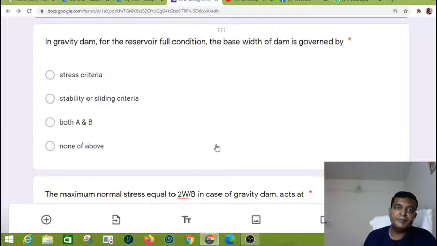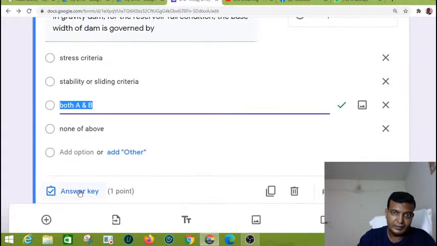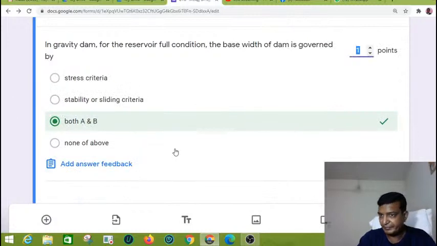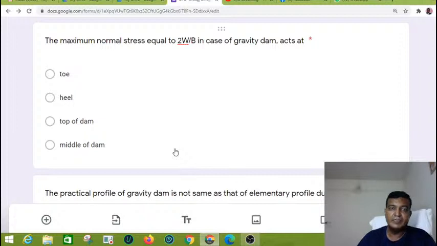In gravity dam, for the reservoir full condition, the basic width of the dam is governed by stress criteria, stability or sliding criteria, or both A and B. So let us see. The answer is both A and B. Next objective,